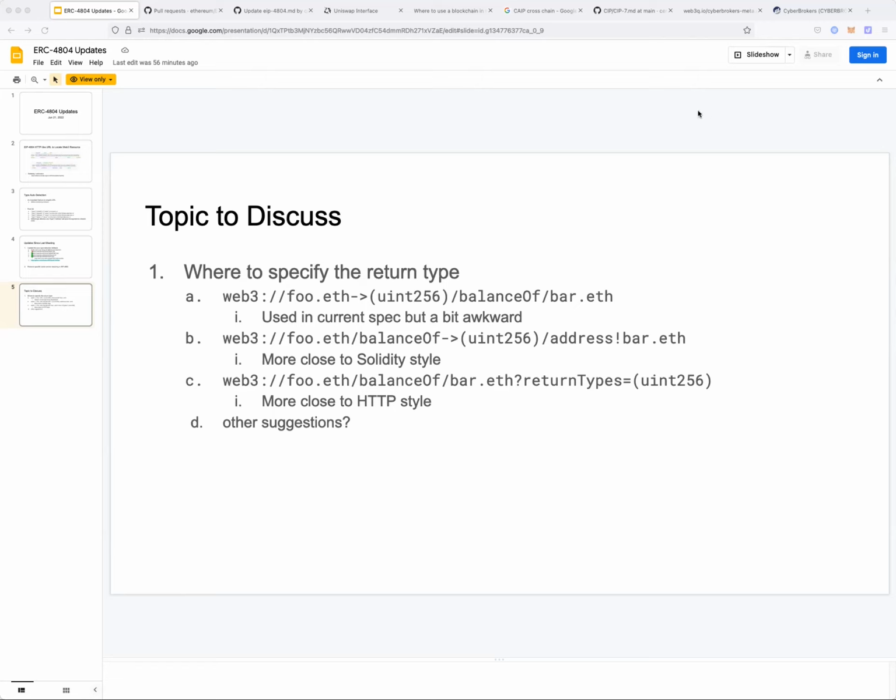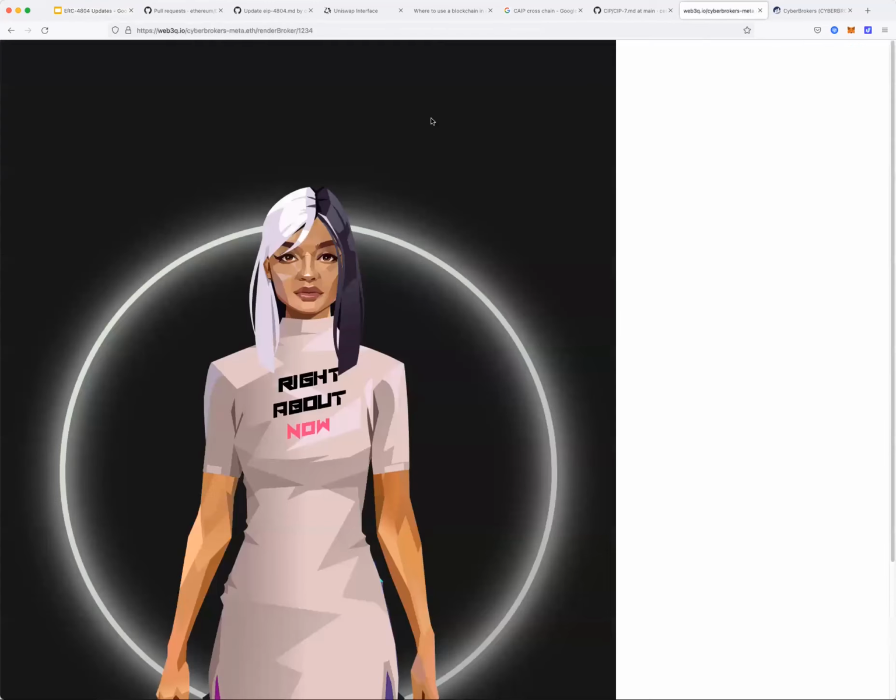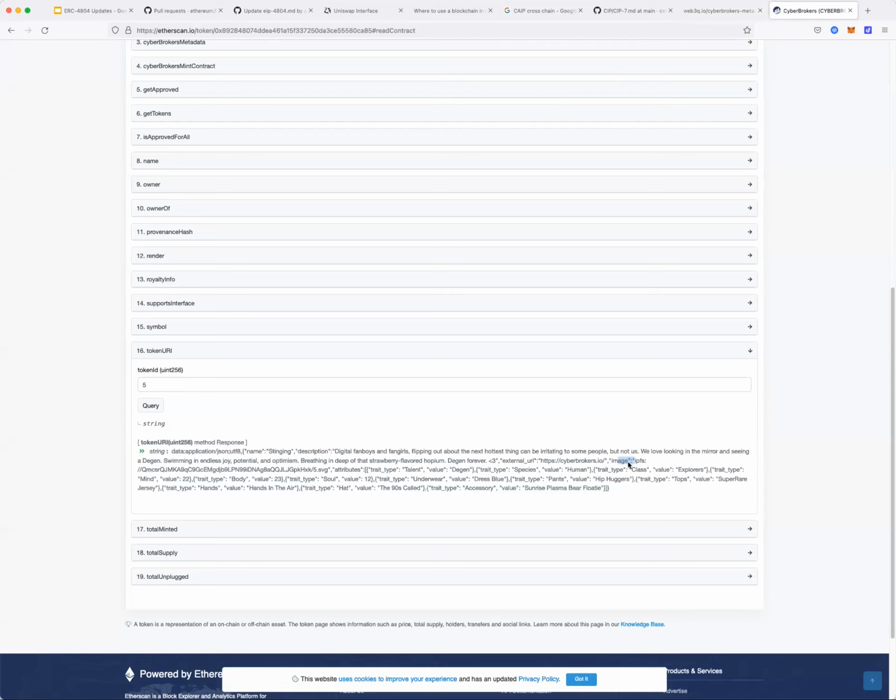So right now this standard was just composed in February, so it's in the early stage, and we are also searching for more applications. One thing is CyberBrokers, because we noticed they claim to be the first project to put all their metadata on the blockchain. We found how they achieve that, and they are missing the presentation part, so even though they have all the data, they are not able to use it on top of Ethereum. They are still using a copy on IPFS.